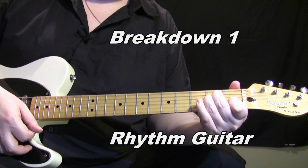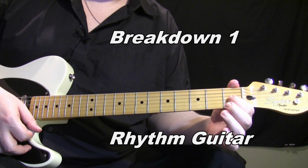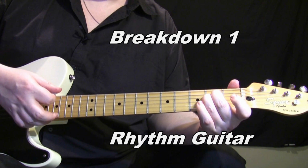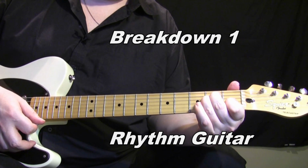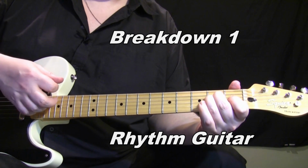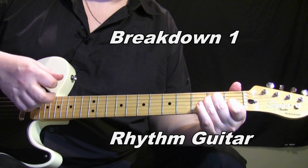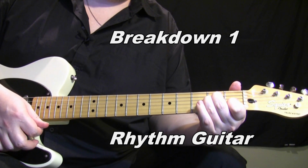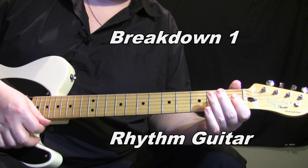and then we're going to do a hammer on with that first finger going back to the note that you would play off of your E chord. So you're just going to lift off and then hammer on with your first finger. So you have, then you're going to come back up and strum down again, and then you're going to lift your fingers off,